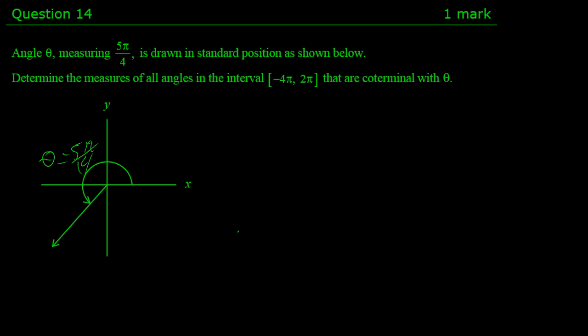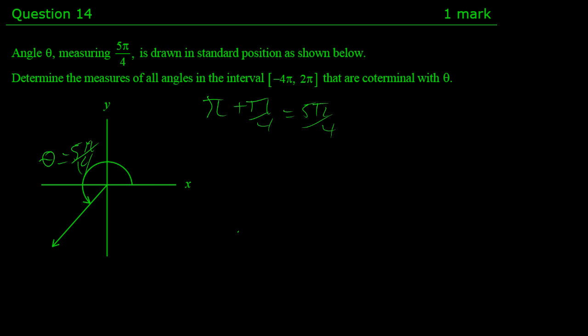the beginning of quadrant 3 is pi, so it's pi over 4 past pi. Yeah, because pi plus pi over 4 is 5 pi over 4. Pi plus pi over 4 is 5 pi over 4. I just want to show you that. So